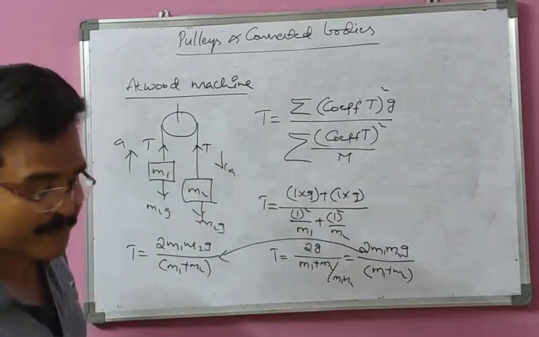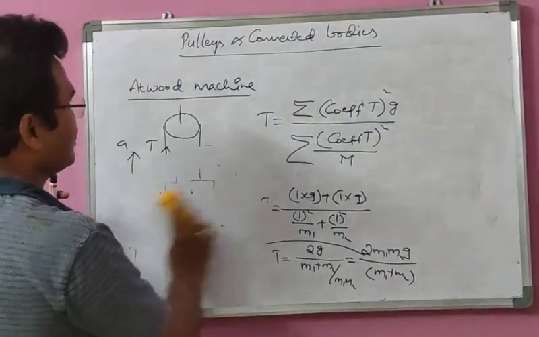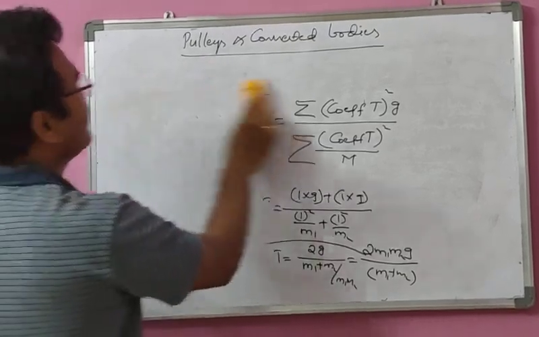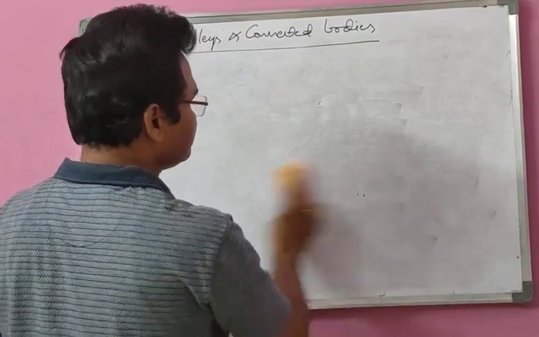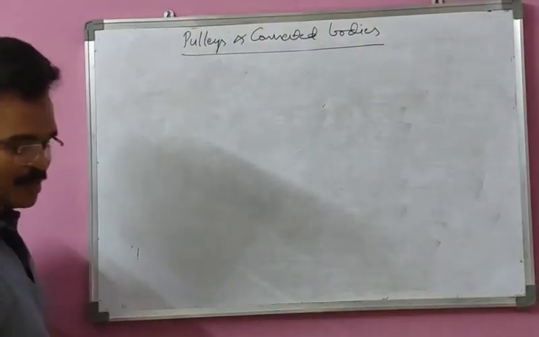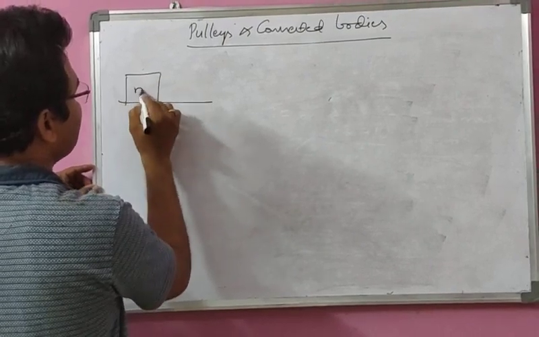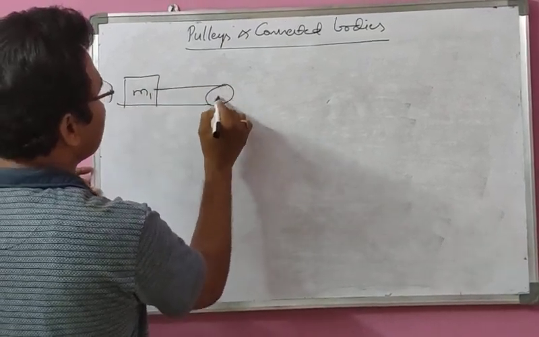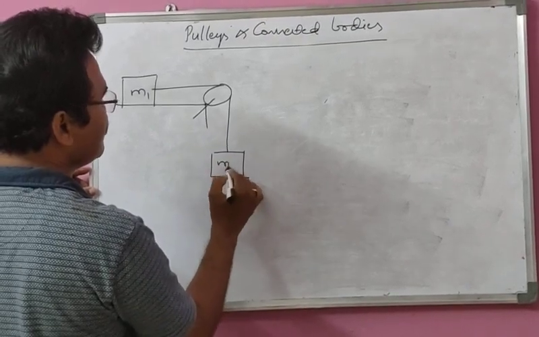Let us apply this to the next one also, whether we can succeed or not. Sure, we are going to succeed, but let us see how this can be used in other cases. So I am drawing another one: a block of mass M1, a single pulley which is fixed, and the string passed over this one, and this is M2 here.